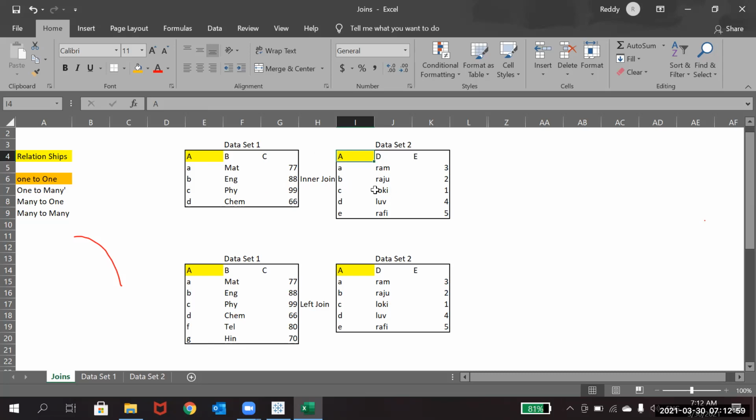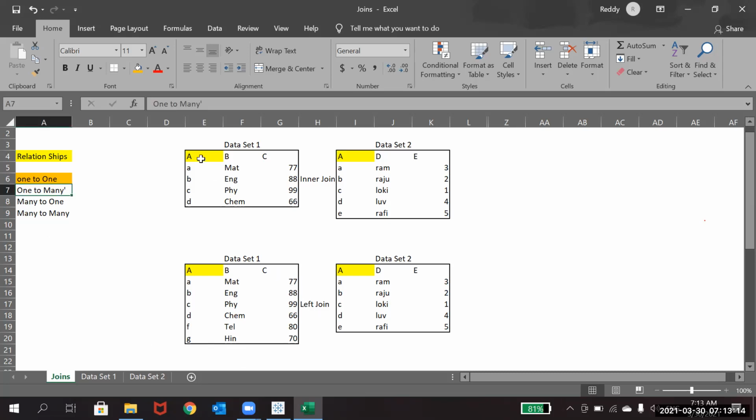When you are combining two data sets, you're using only one column to do that relationship. Likewise, when we go to one to many, the same way it will happen.